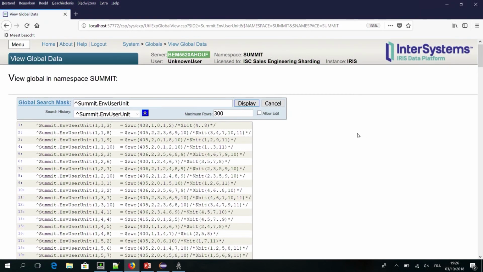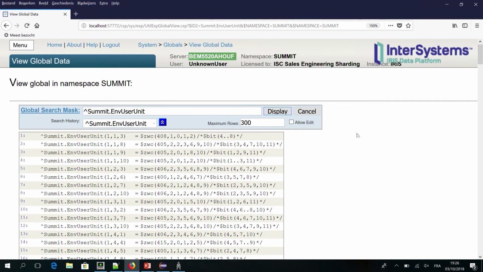This is how a global looks. I can make it a little bit bigger for you, Francois, but not more. So this is a stripped down design, but what you have are entries in here: environment, user, unit,